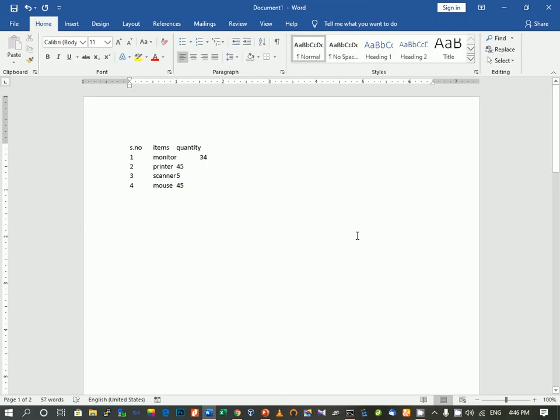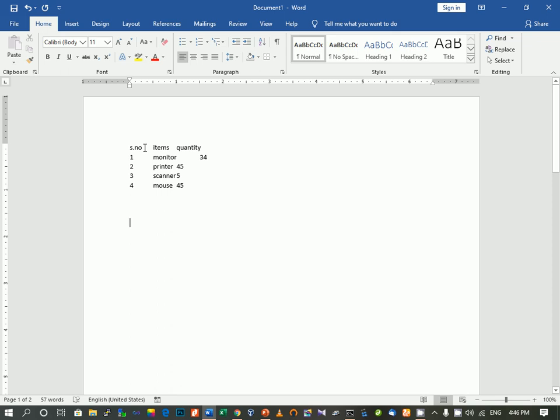Next we will learn how to convert text to a table. Suppose you are working in Word and you have created your data in text form, but later on you realize that your text needs to be converted into a table. Here I have an example.